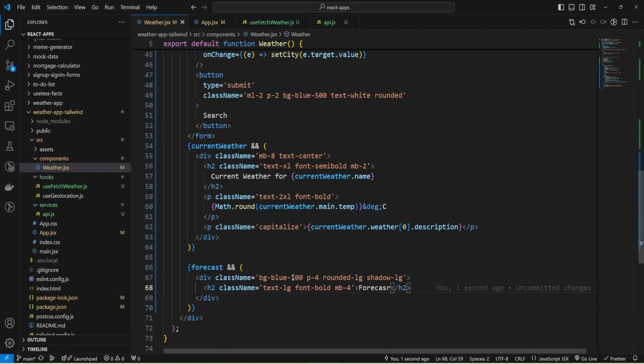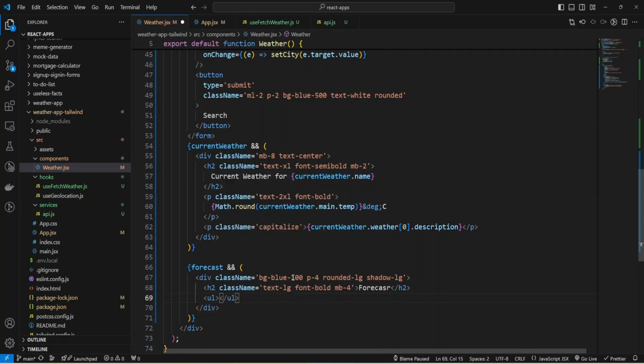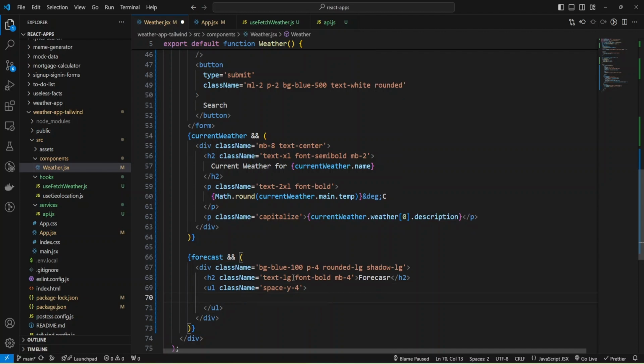And now we can add list, unordered list, and add class name, and add space for. And now we can get through our forecast.